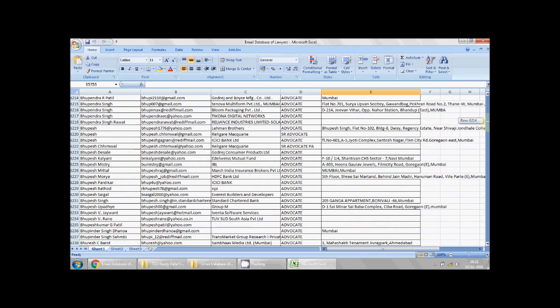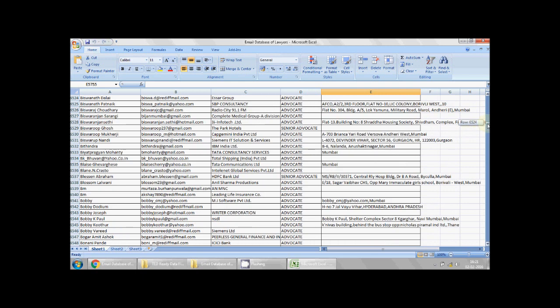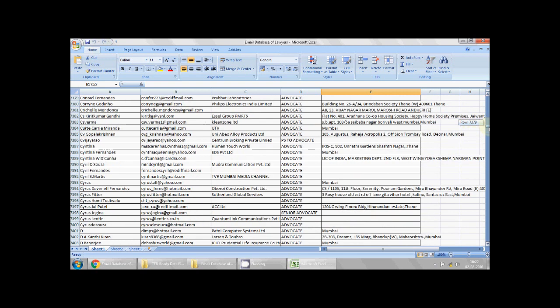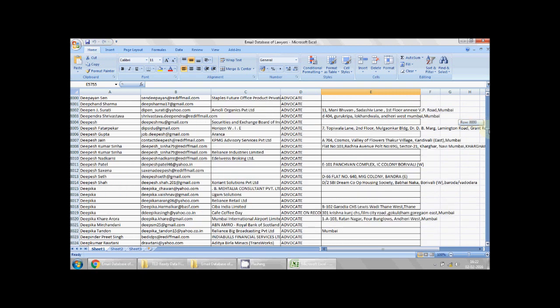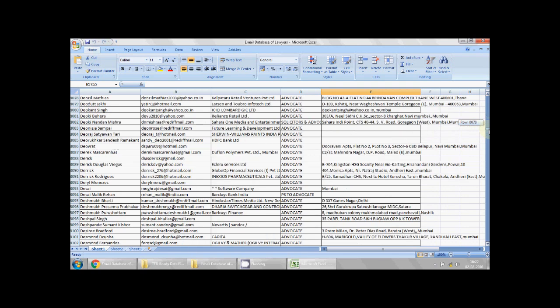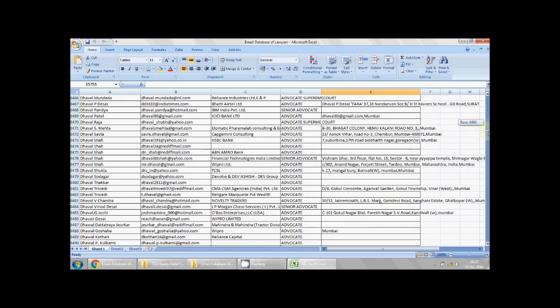Another client of mine from Delhi promotes legal seminars regarding business laws and so on. They also use this data and converted approximately 250 new clients. So if you are focused on a particular percentage like 1%, ultimately you will get a good volume of conversion. And this is how the data is. All the records will have the email IDs and their professional details like company name, profession, etc.